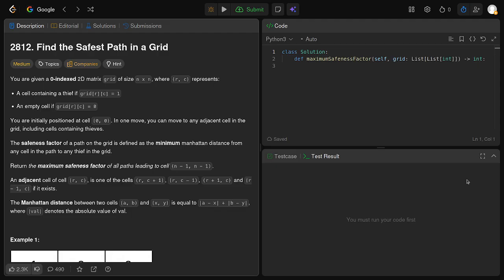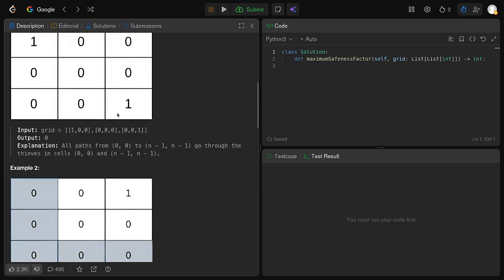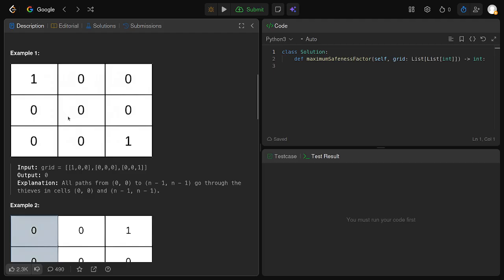So today we are doing a medium problem, 2812, Find the Safest Path in a Grid. So we got some grid with empty cells which is 0 and then cells with a thief 1. Now safeness factor means that